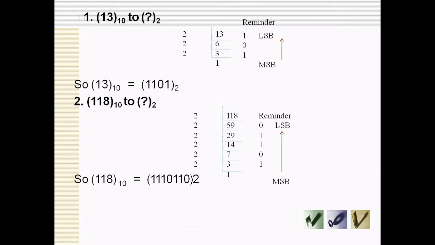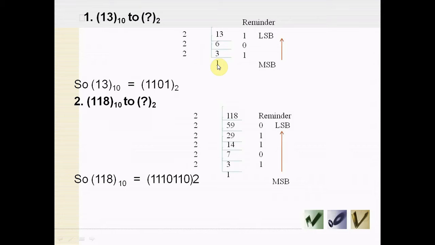To convert this number, we will divide 13 by 2. After dividing 13 by 2, we will get the quotient value 6. Now the remainder value is 1. We will write the remainder value here, and again we divide 6 by 2. In such a way, we will continue